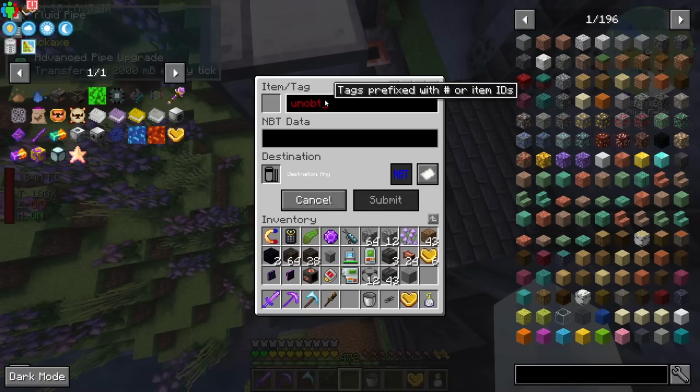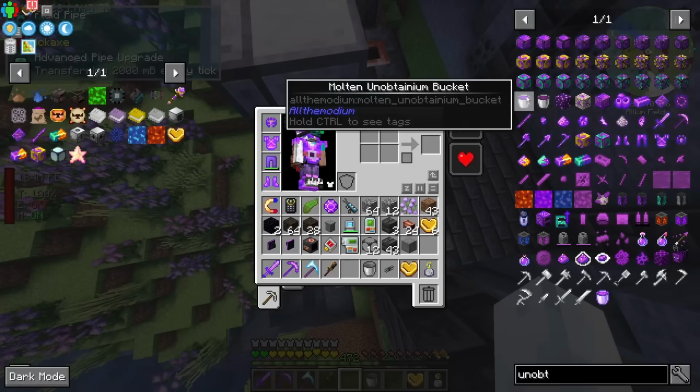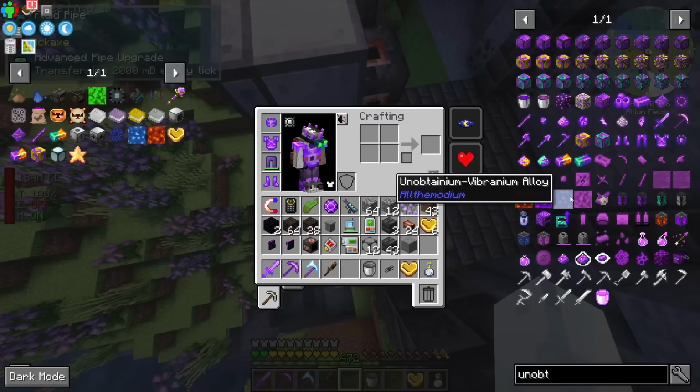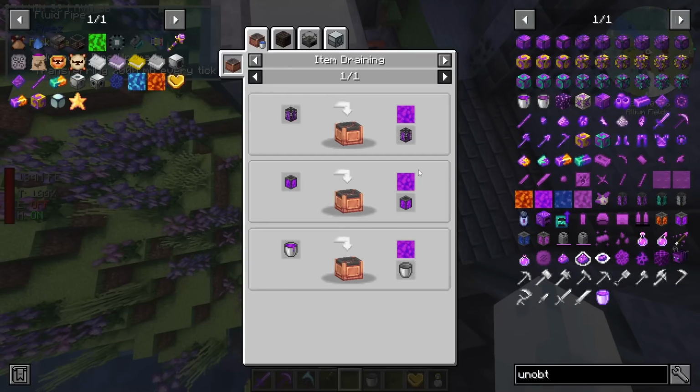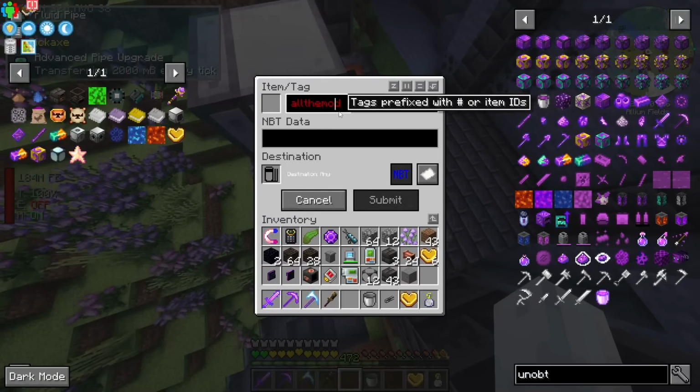So for example, Unobtanium. I should probably do molten underscore Unobtanium, and then I should probably do T construct molten Unobtanium. Molten Unobtanium. Is that not it? Oh, it's actually, I think it's from Allthemodium, even though it's molten, it's still from the Unobtanium mod. So what we actually want to do here is Allthemodium. Oh, actually, I think as well we want to put a hashtag in front, and then we write Allthemodium colon molten, and we can copy this because we're going to do it for other ones. Underscore. Oh no, sorry, molten. Yeah, underscore